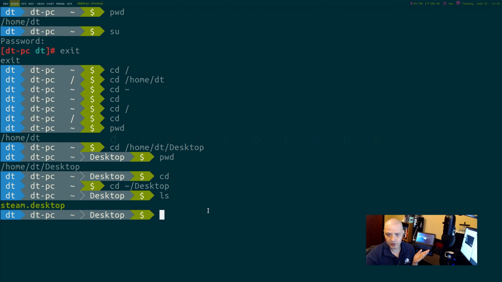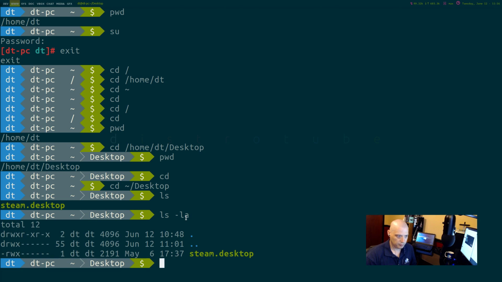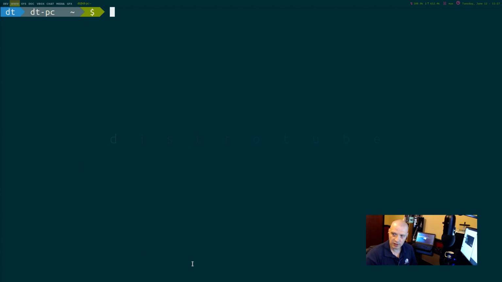Let's see. So the list command, ls. Somebody mentioned he always uses ls space -la. That gives us a list of everything in this directory, but in a little bit different format. These flags, -l stands for long format. Well, let me switch to a different directory so we can see what this does. I'm going to cd back to my home directory because there's a ton of stuff in my home directory. Pro tip. There's too much stuff on my screen here. It's getting difficult to see what I'm doing. Type the word clear, and I have a clean terminal again. So I cd'd back into the home directory.